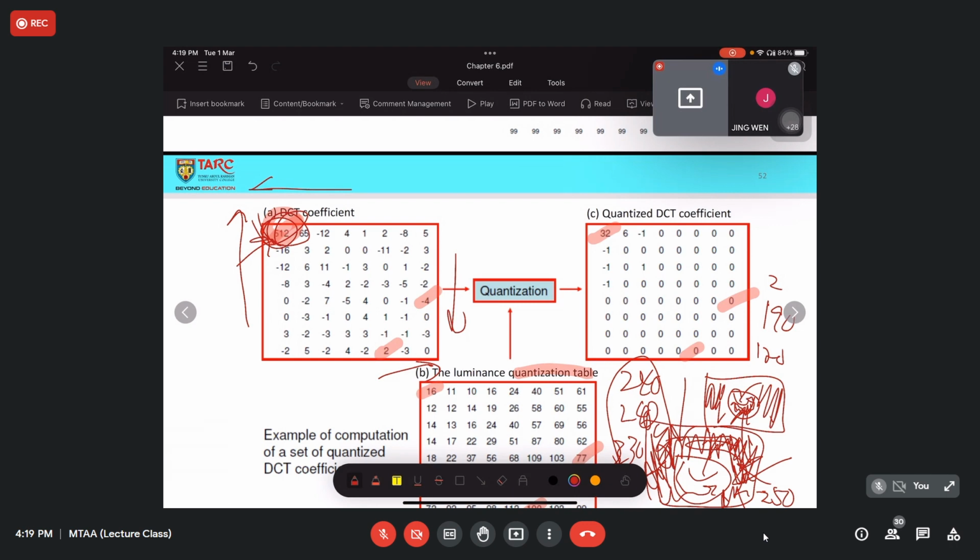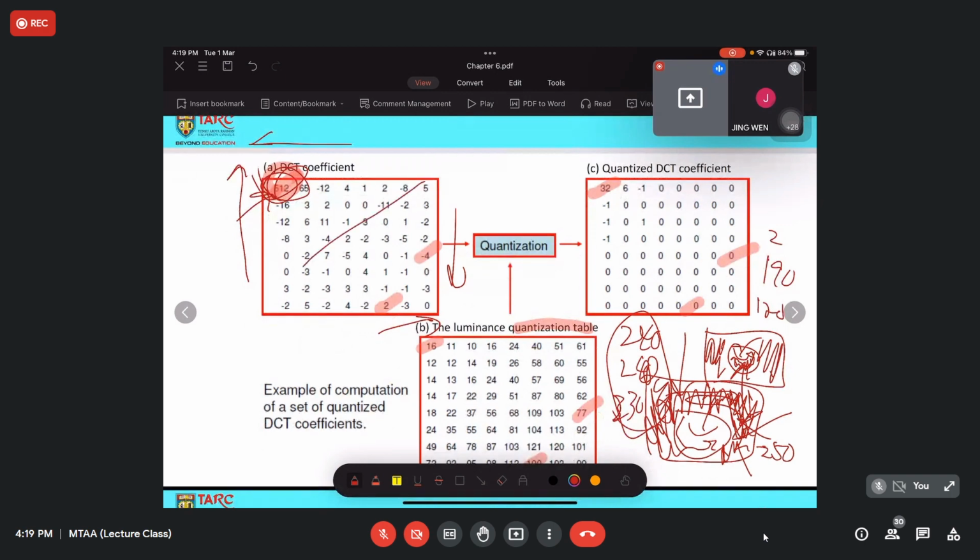So if the value at this part is quite big, or you have any positive value at this part, for example 1, 2, or maybe suddenly there is a 50 over here, perhaps we can say that this image is corrupted by noise.